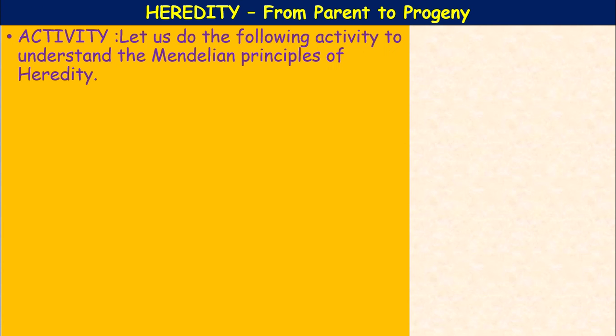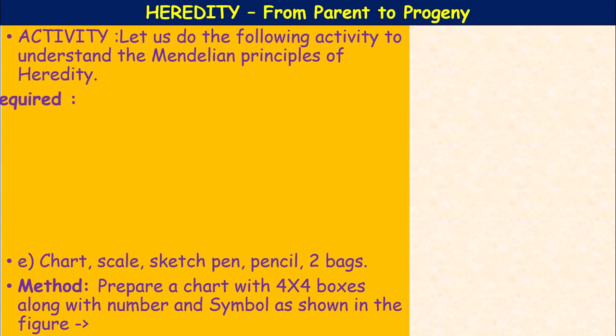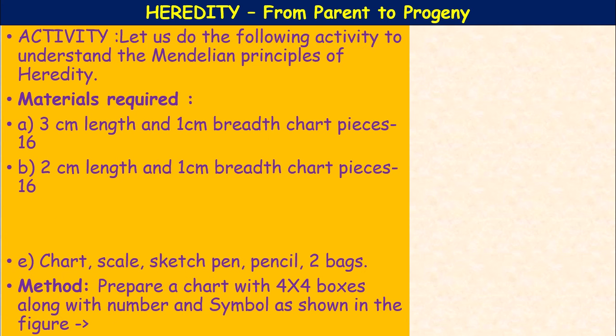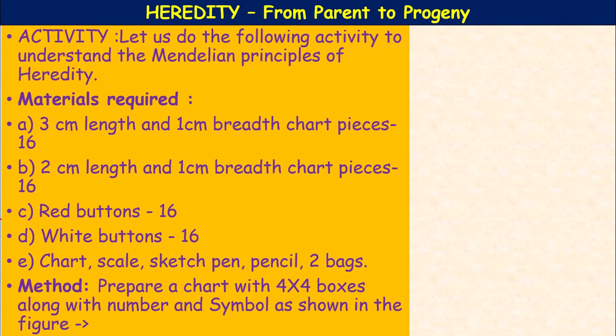Here a simple activity is given. Let us do the following activity to understand the Mendelian principles of heredity. What are the materials required? We require 3 centimeter length and 1 centimeter breadth chart pieces, 16 pieces, and 2 centimeter length and 1 centimeter breadth chart pieces, 16 pieces. And red ribbons 16, white ribbons 16,